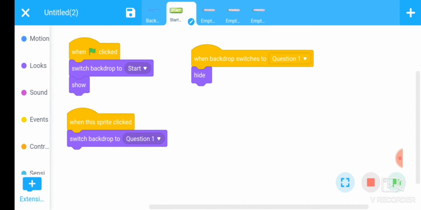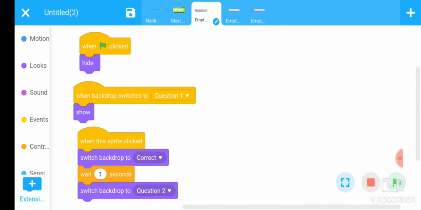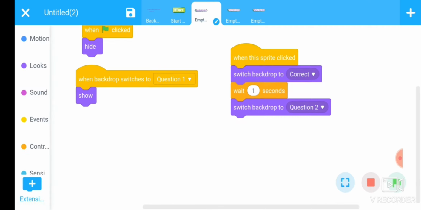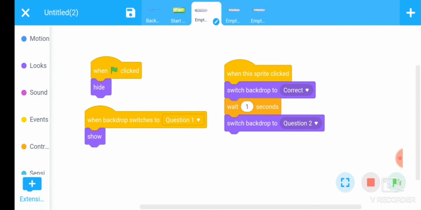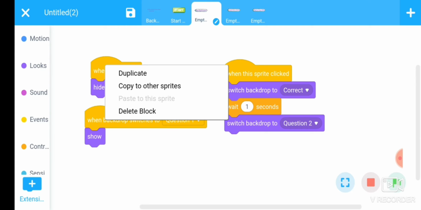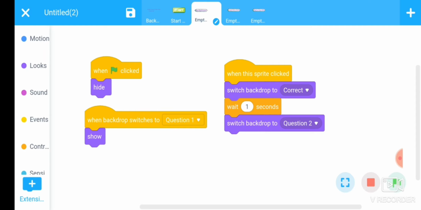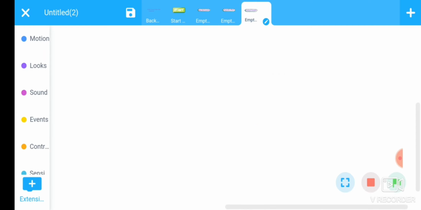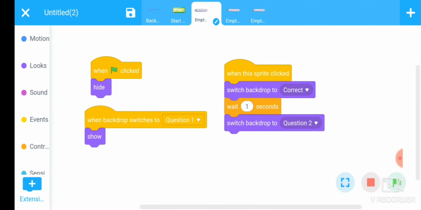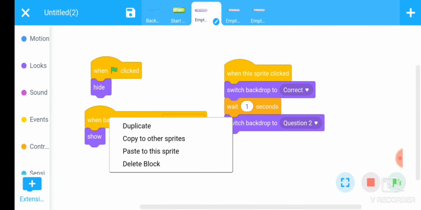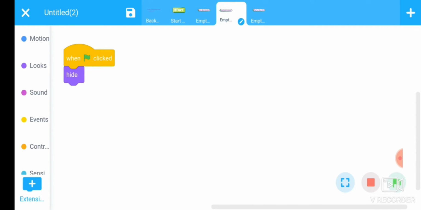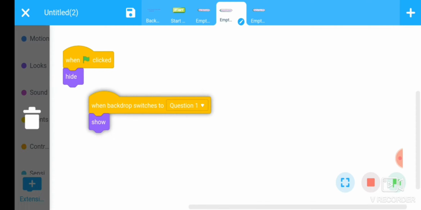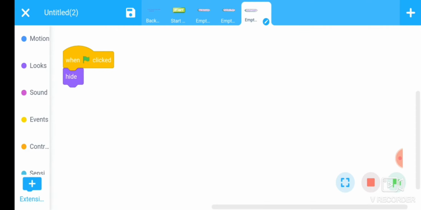All these commands we will copy to the other sprites. Paste here, again paste here, next copy this sprite and paste here, also paste here.